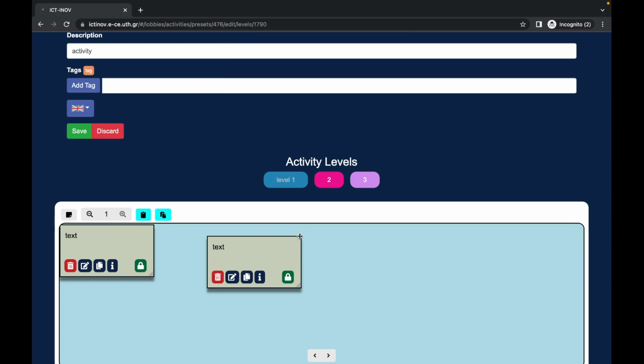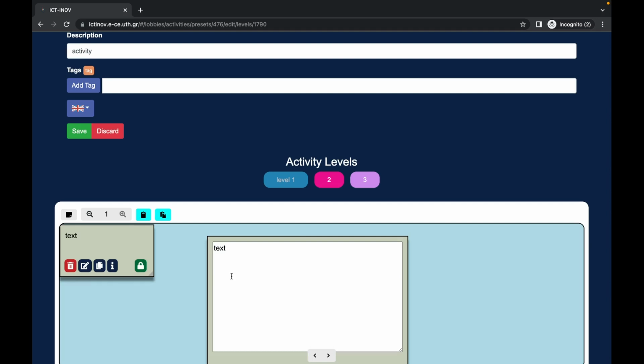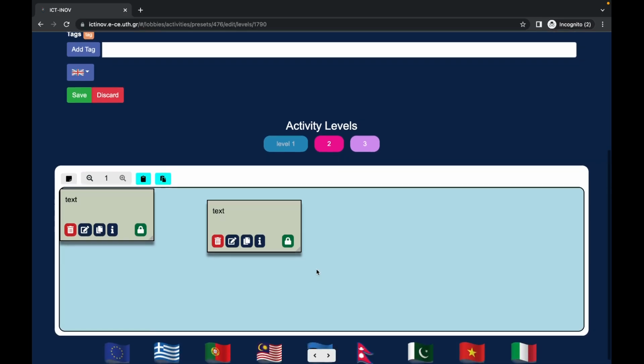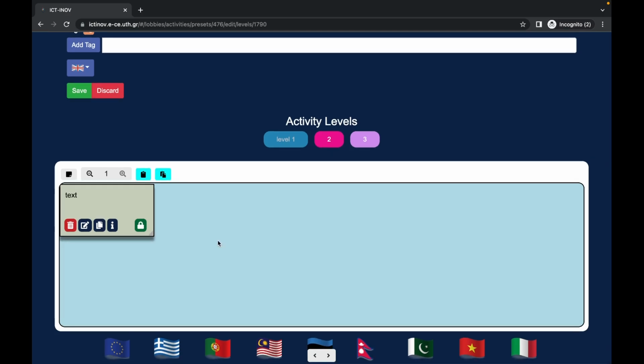To edit the note, we have to click the Edit button, and we can undo the edit by clicking the Undo button. Finally, to delete a note, we have to hold the Delete button till the bar loads. Also, by dragging the notes, the canvas expands.